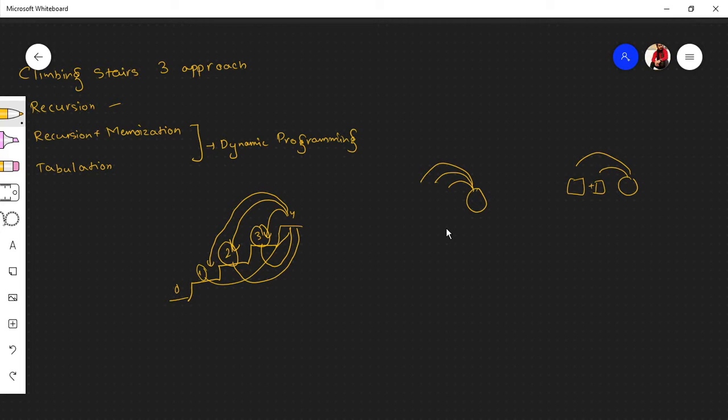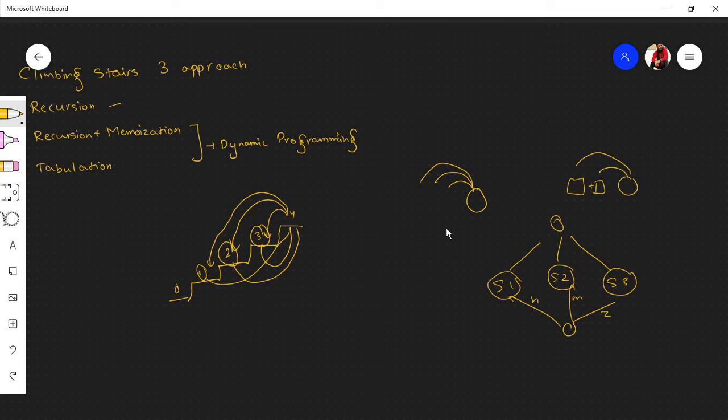For example, there is a city and there is another city. We have these three destinations S1, S2, and S3, and these three connect to our main city. Now, for example, we have n number of ways to reach S1, m number of ways to reach S2, and z number of ways to reach S3.